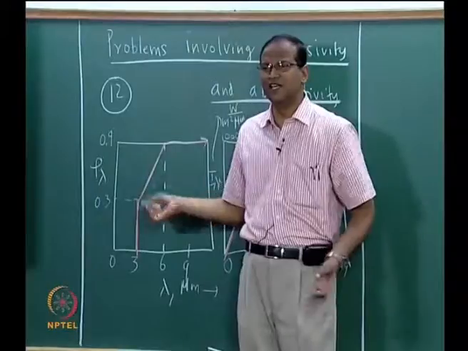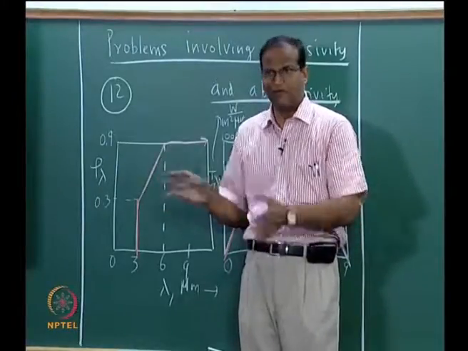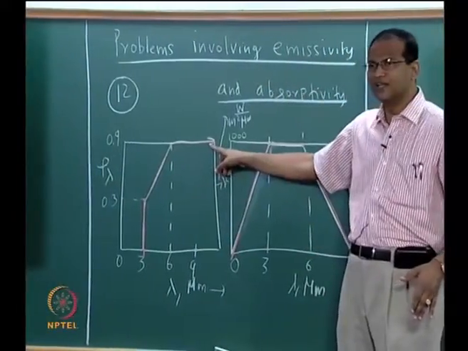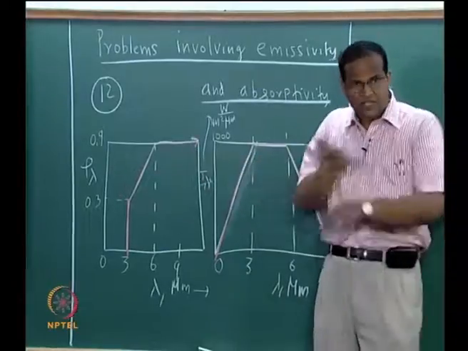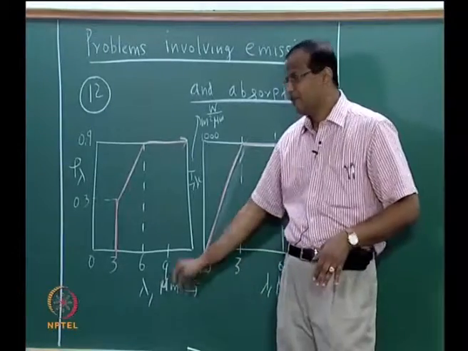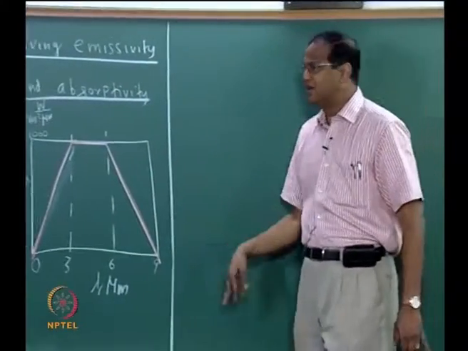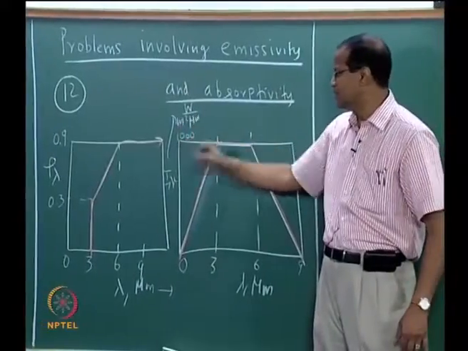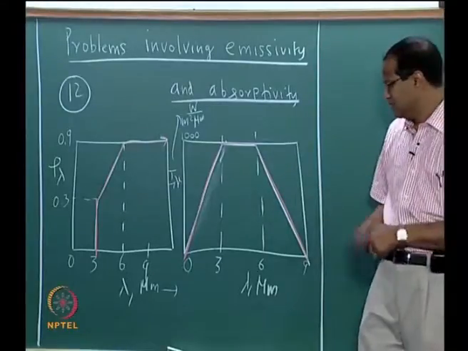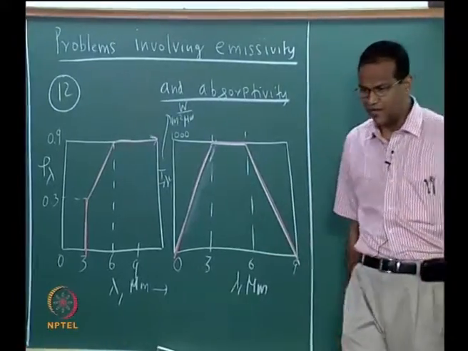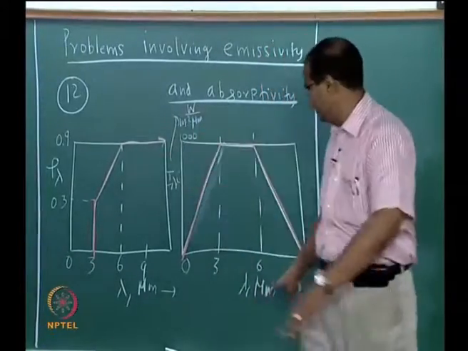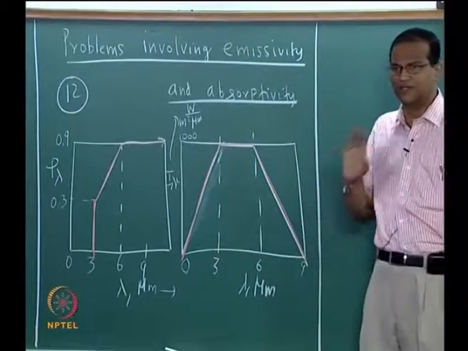When I give it in English, I will say the hemispherical spectral reflectivity of a surface is given. Before that, I will just explain this. So this is the hemispherical spectral reflectivity. The arrow mark is there, do not miss it. That means it continues to have that same rho lambda. Now the I lambda I, the incident radiation in watts per meter square per micrometer, the scale is 0 to 1000. It has a distribution like this, 0 to 3, 3 to 6 and 6 to 9, and it is 0 in the other parts of the spectrum, because no information is given, that means it is 0 in the other parts of the spectrum.